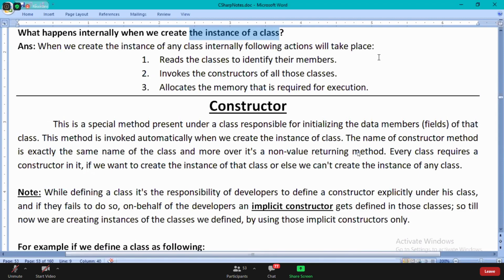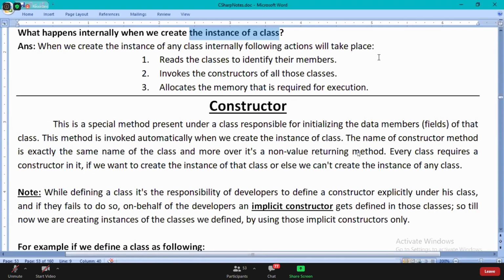What is the second thing? It invokes the constructors of all those classes. Guys, this is the most important thing. How many classes has it read? It is going to invoke the constructors of all those classes. Are you clear, guys?